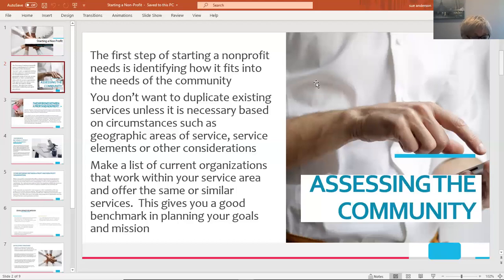So I would suggest that you make a list of current organizations within the community and the services they provide. Usually organizations have a main service, but they have additional services also. So I would kind of number them in order. If I have an organization, say United Way, what is their main service? And then what other services do they provide in addition to the main service or the main purpose of their organization?